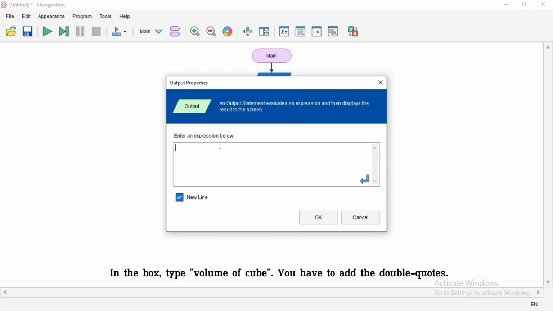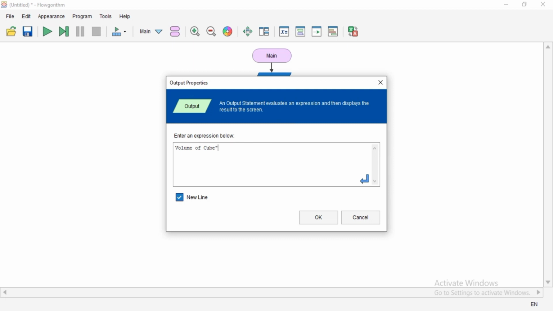In the box, type "Volume of cube". You have to add the double quotes.